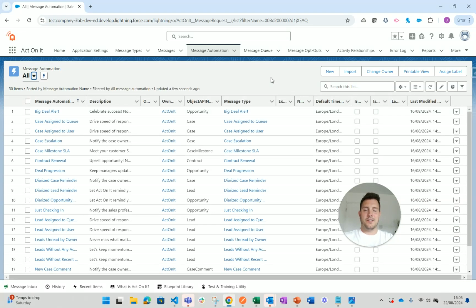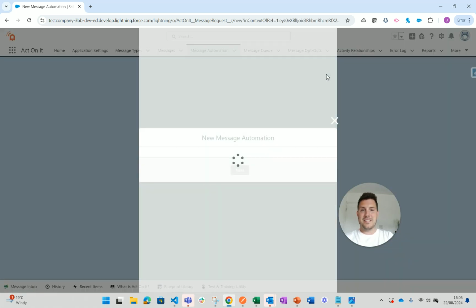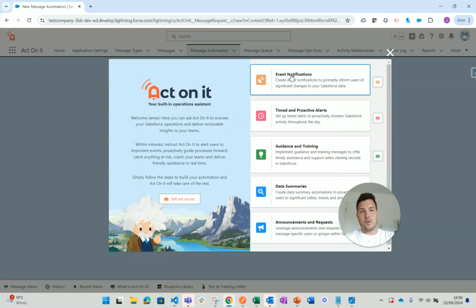How can we create a notification for our case owners when a customer replies to one of their emails on the case? That is the use case we're going to focus on in this demo today, and I'm going to talk you through how we can set that up from just installing Act on It to the end-to-end setup for that use case. And this all starts with the creation of a message automation where we can do an event